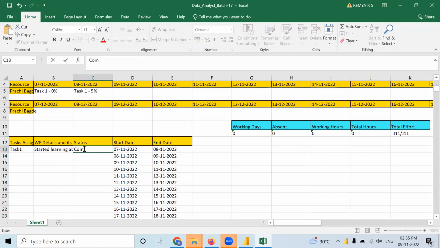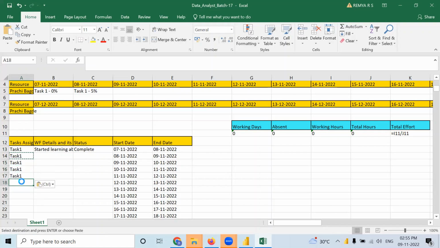Okay, got it. And when are we supposed to share this? Are we supposed to share it on a daily basis? No, only on a weekly basis, after completion of your first task. Okay. Like this, up to 1 week you will do task 1. Sorry. Control C, Control V, right. Yeah. Like this, up to 1 week you will be doing the task, for example.